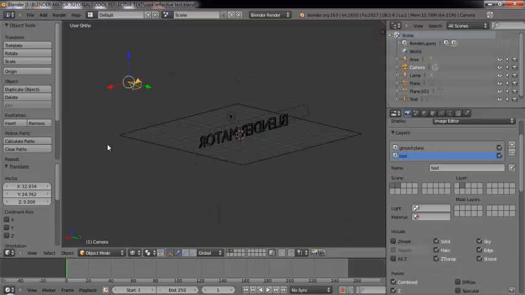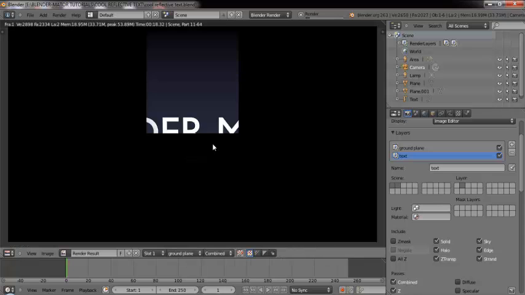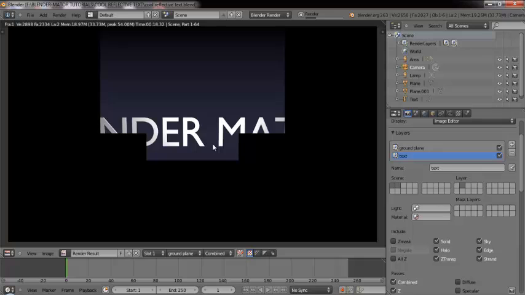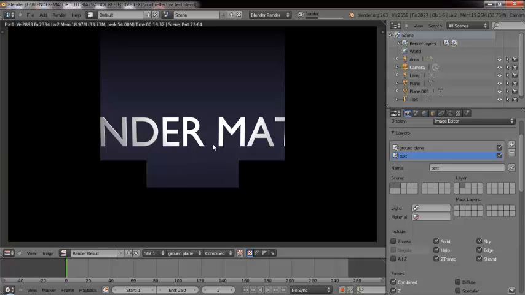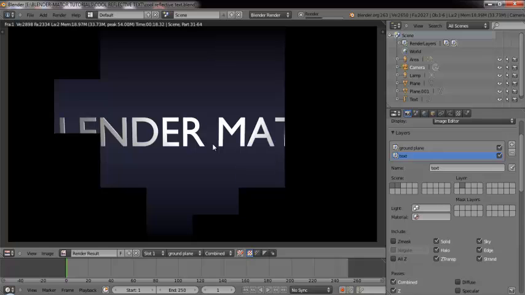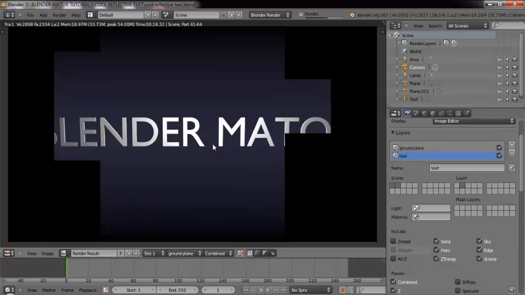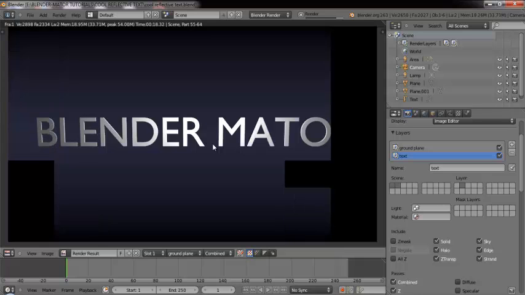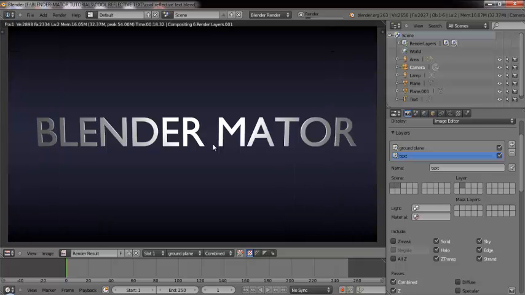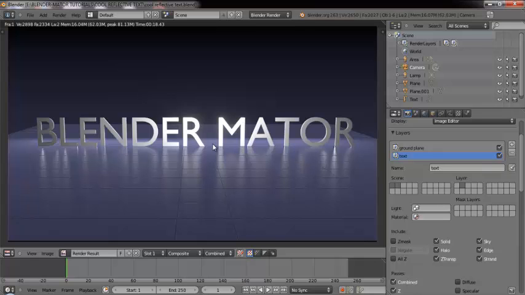So again, coming back, take a render and see what's happening. Give me a few minutes, it's just rendering out. The material with the wire option just takes a little bit. And there we have a nice cool text with a little bit of glow and the reflection and the material which we added to the plane, setting it up as a grid, and is really adding up to that effect